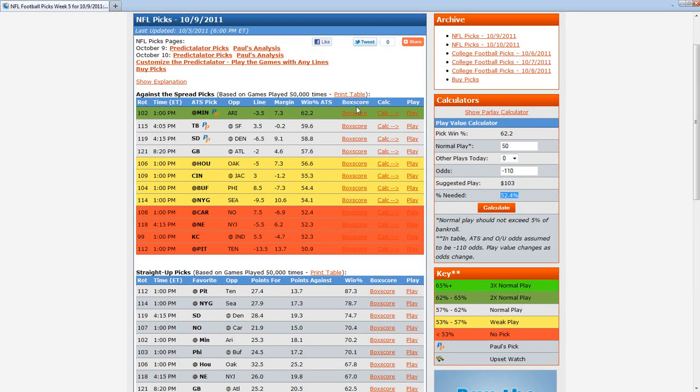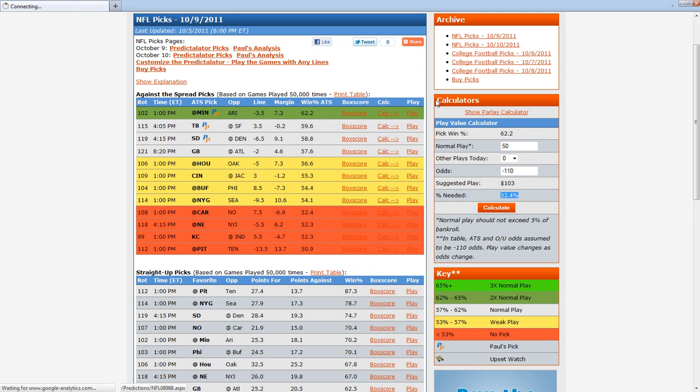Another thing to note is that new for this season, we have the ability to print these tables, which hopefully will be of use and allow for ease of use for these plays. But also, for the NFL specifically, we do have box scores available for every single game, so you know essentially what the average statistics were that went into this.